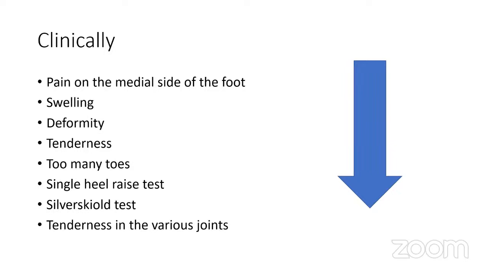So the "too many toes" sign is something which we always see if you are looking at this patient from behind. Normally, we don't see more than 1.5 toes. We generally see only the little toe or probably a little of the fourth toe also. But whenever there is a severe valgus or a quite flat foot deformity, you may see even 4 toes, or sometimes even the great toe might be visible from behind.